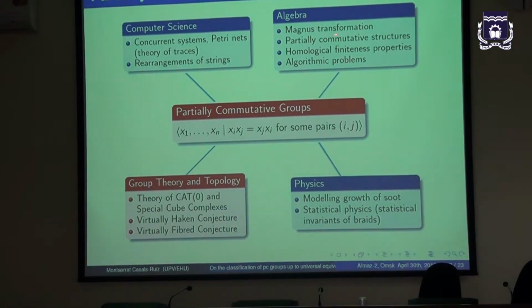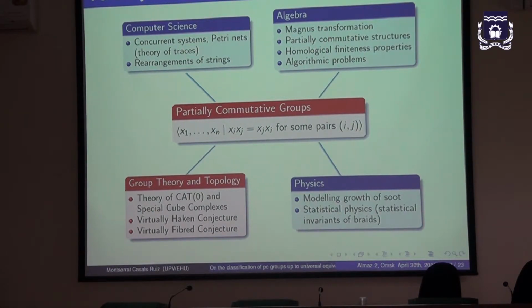They appear in algebra, where we call them partially commutative. They appear in computer science, where they call them graph groups or trace monoids. They appear in physics, and they appear in group theory, where they are also called right-angled Artin groups. And lately,